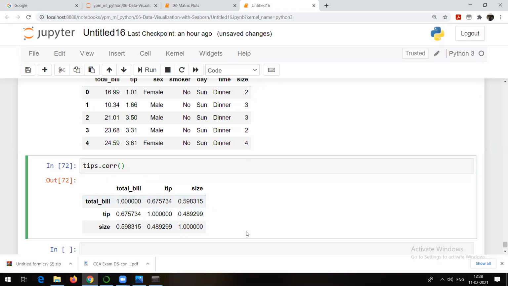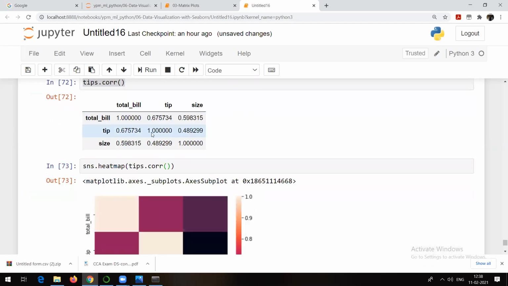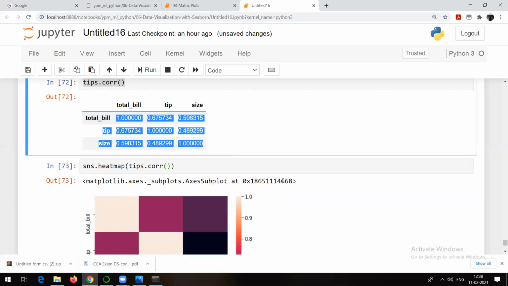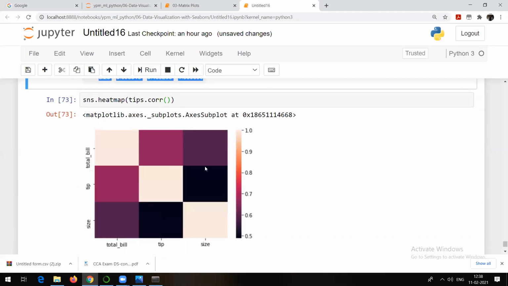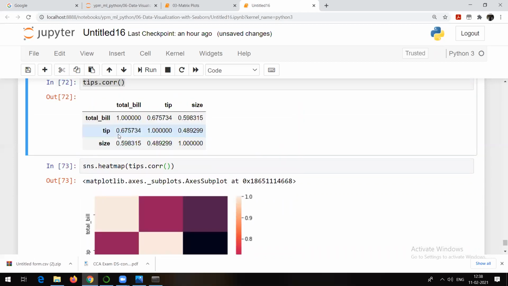Right? So if I want to plot a heat map kind of a thing, I can plot the heat map with the help of this particular thing. What I can do is make use of the seaborn heatmap command here. And here I can give this correlation, tips.corr, and it's going to help me plot the heat map. That means I am able to see the same correlation, it is just that I am able to see it in the form of a matrix. And that's it. And see, suppose I want to know these values also.